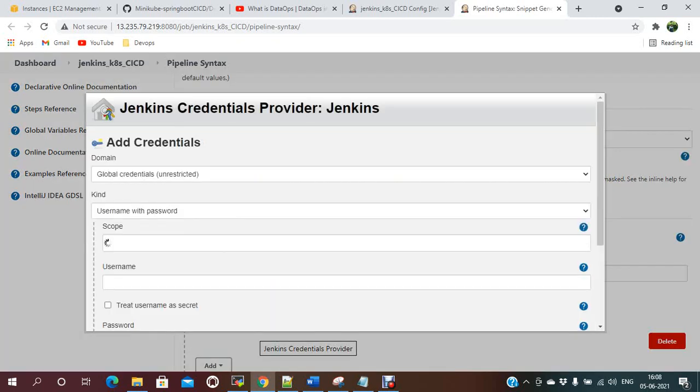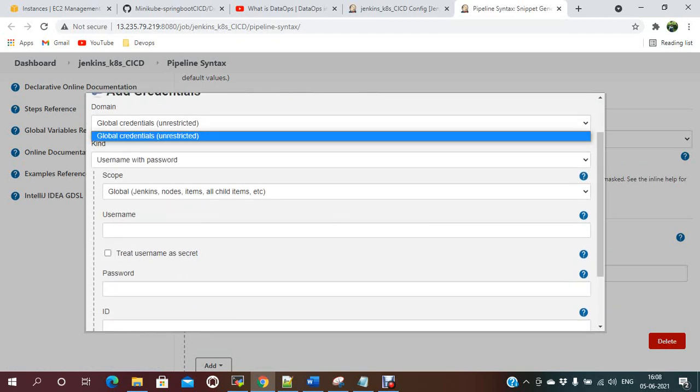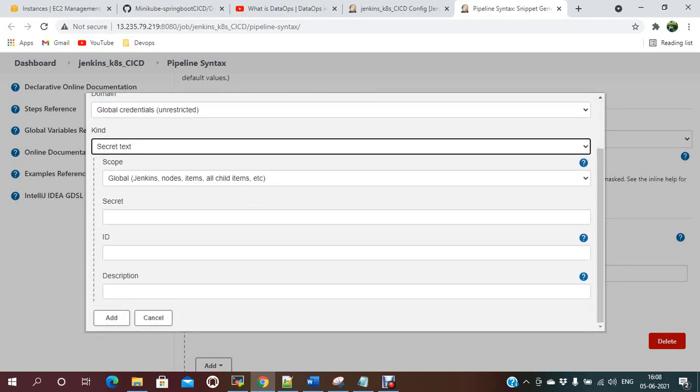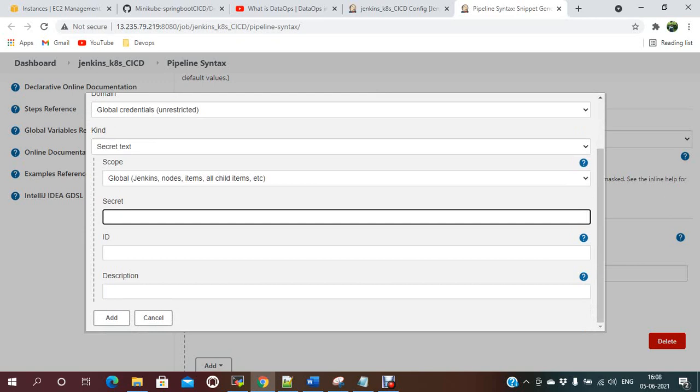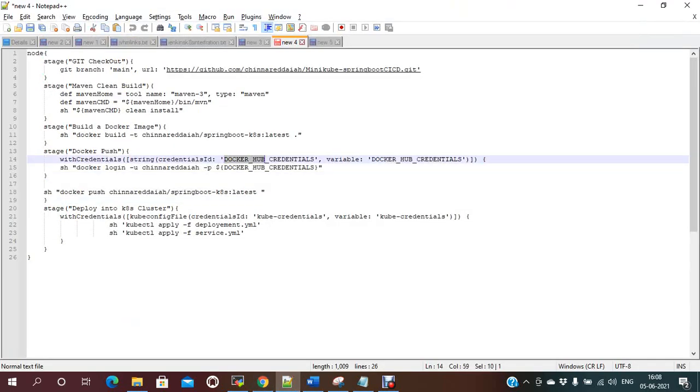So here I'm selecting secret text. Okay, I'm giving my Docker Hub password, and I'm giving Docker Hub credentials as the ID.